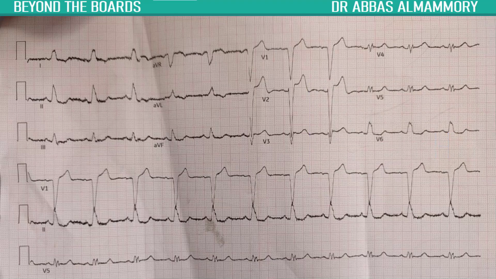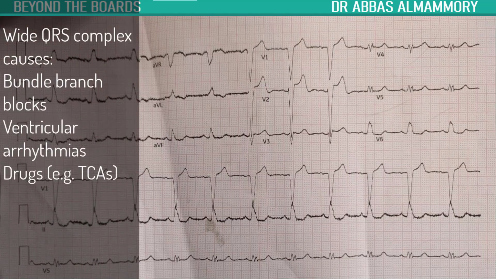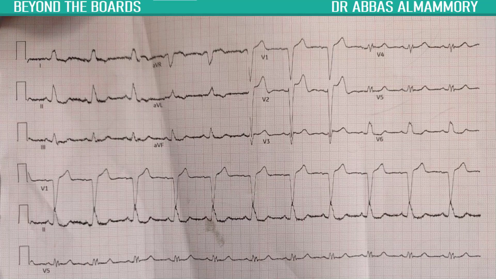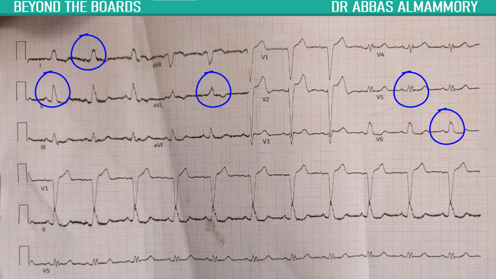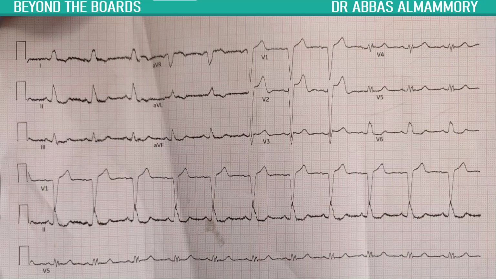But other causes of wide QRS complexes include ventricular arrhythmias, complete heart blocks, and the side effects of certain drugs. In this case, it's most likely a left bundle branch block, because if you look at the lateral leads, so leads 1, 2, AVL, V5, and V6, you can see that the QRS complexes are composed mainly of a wide, notched, and slurred R wave. That is the M shape that is usually described in left bundle branch blocks, and it's very clearly seen here